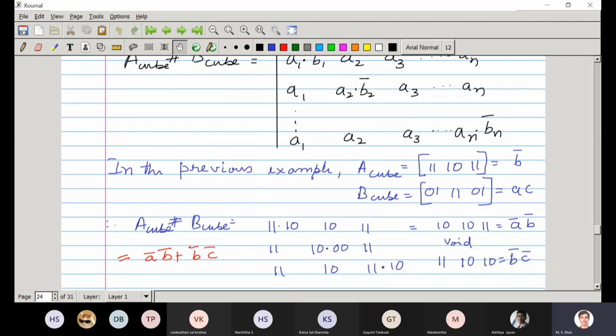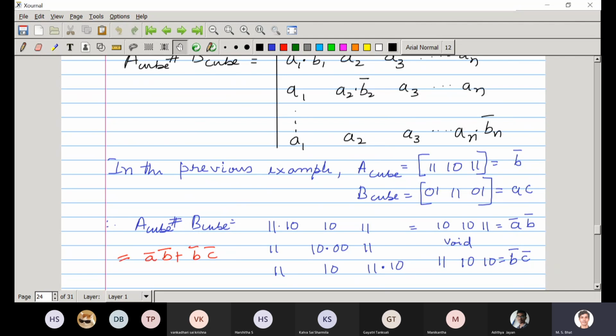So this part is actually void because you have 1 0 0 into 0 0. And finally, the third: A1, A2, A3, B3 bar. A1 is 1 1, A2 is 1 0, A3 is 1 1, B3 is 0 1, B3 bar is 1 0.